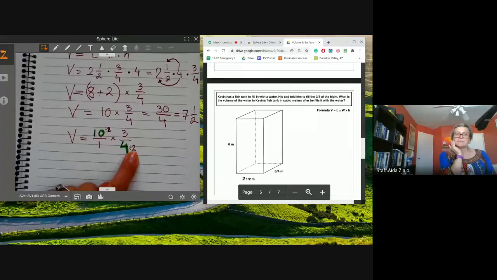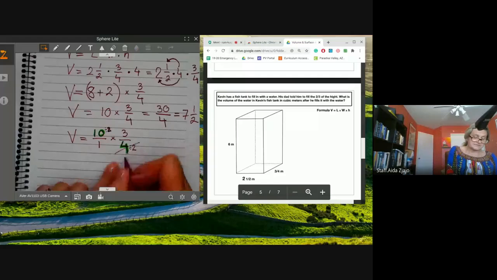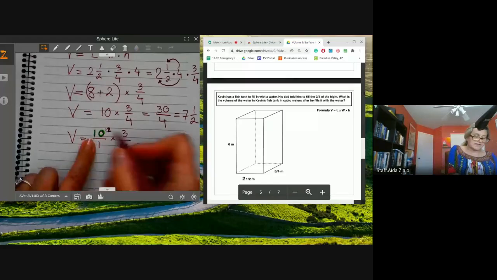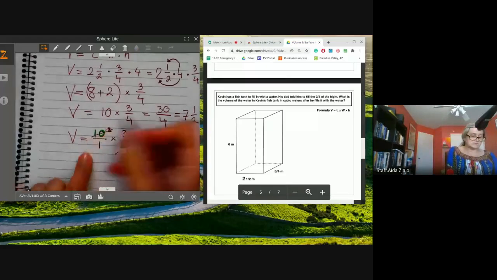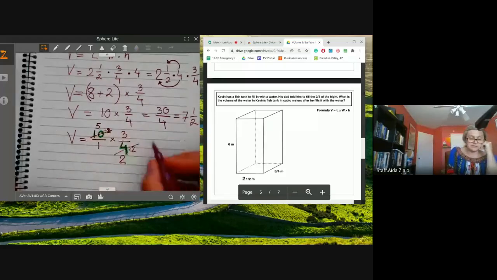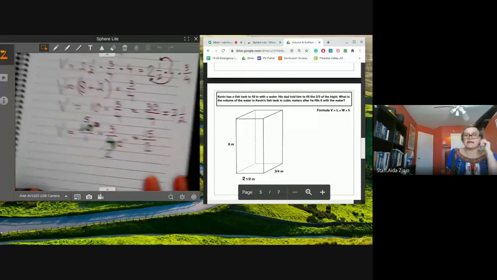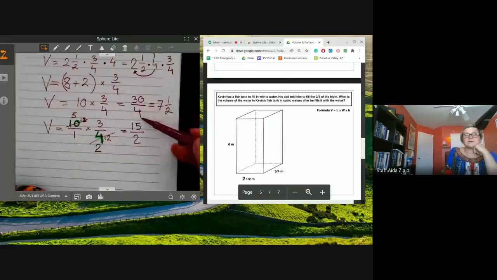Yeah. Can I divide 4 into 2 pieces? Yeah. Can I divide 10 into 2 pieces? Yes. So if I divide 4 into 2 pieces, I will get 2. And if I divide 10 into 2 pieces, I get 5. So now I can make it smaller. I will get 5 times 3 is 15, and 1 times 2 is 2. So I will get 15 halves instead of 30/4, which makes the same,